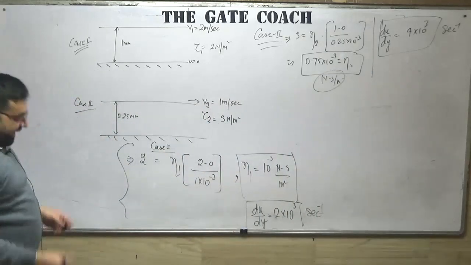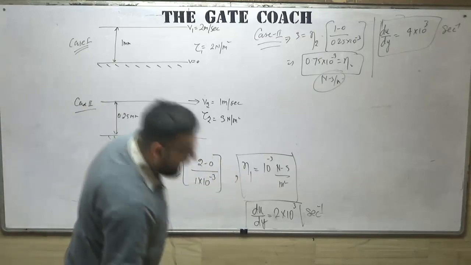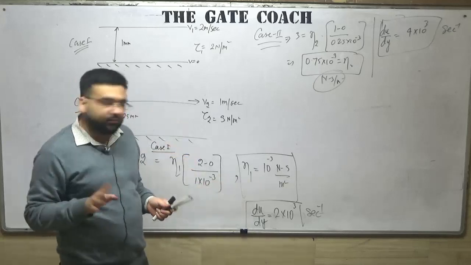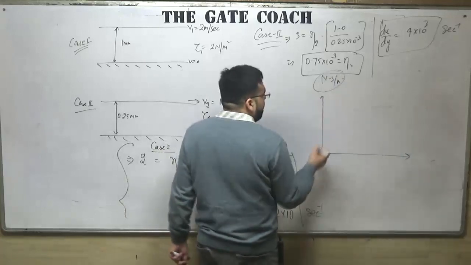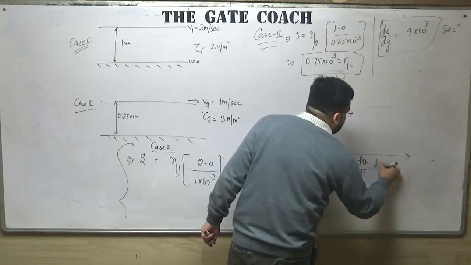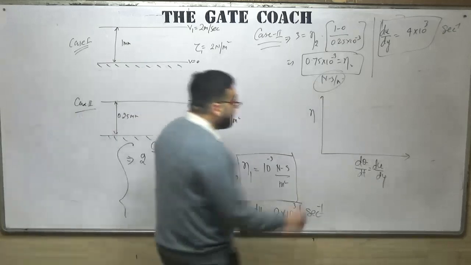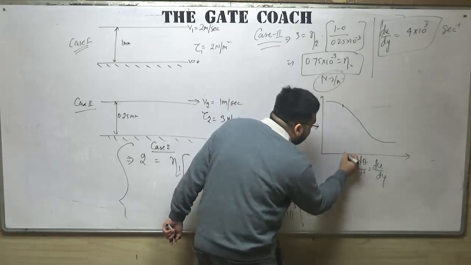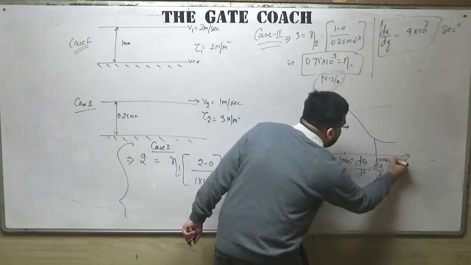So we have got these two values. Now let us draw a graph. If you remember, dear students, in class I told you about the apparent viscosity and about the pseudoplastic itself, right? For the pseudoplastic, if you draw the graph, let us say this is eta, and this is d theta by dt, which is equal to du by dy, the shear rate. You will get a graph somewhat like this, and it is a linear graph between 10 second inverse and 100 second inverse, if you remember.